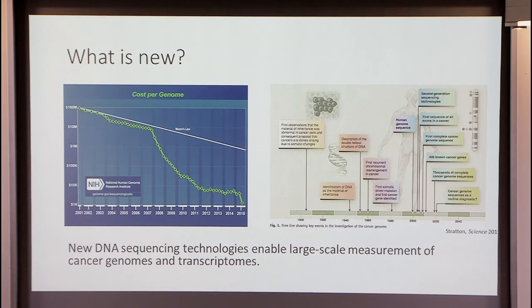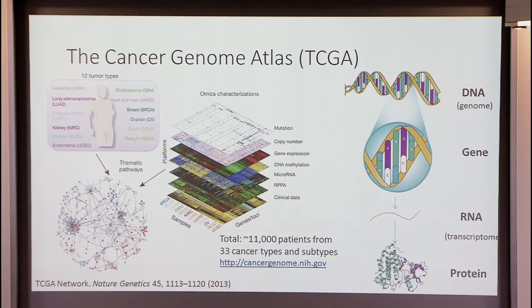So now the challenge has started to shift to what you can do to interpret this data and to start to say things about cancer in all those contexts. Okay, so just one example of the types of data sets that we have. Many of you have probably heard of this data set. This is one of the big projects, at least in the US, the Cancer Genome Atlas, which is actually winding down, reaching a goal of characterizing approximately 11,000 samples from roughly 33 different cancer types and subtypes.